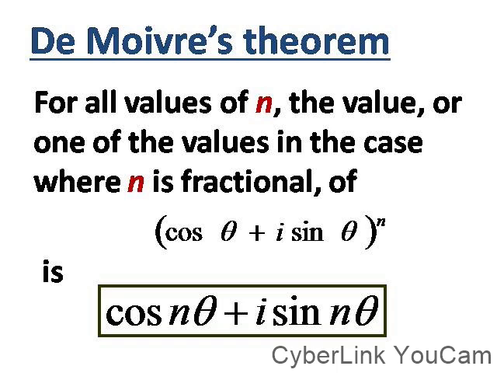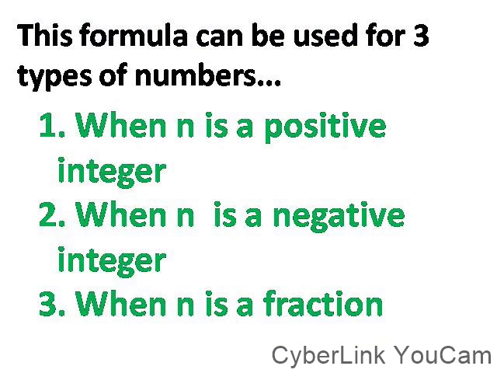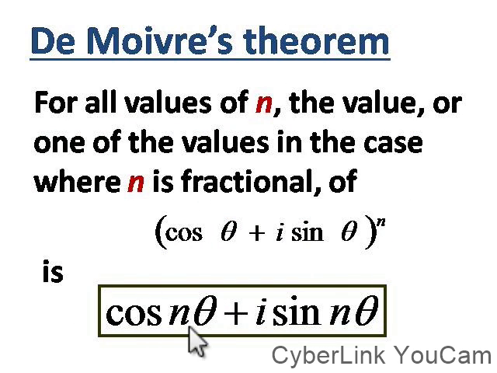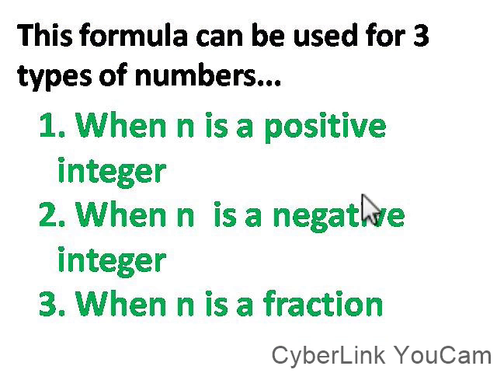Now, when can we use this formula? This formula can be used for three types of number: when n is a positive number, when n is a negative number, both integers, and when n is a fraction. In any of the cases, the answer is the same: cos of n theta plus iota sin n theta. Then what makes a difference? If n is positive, then nothing changes. But if n is negative,